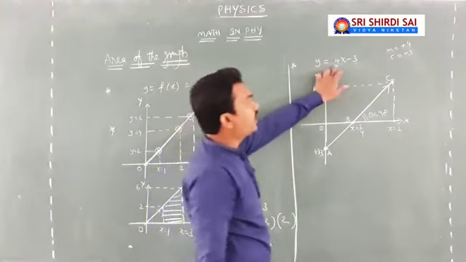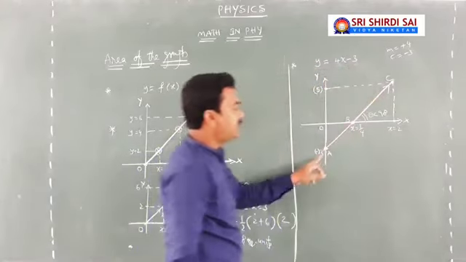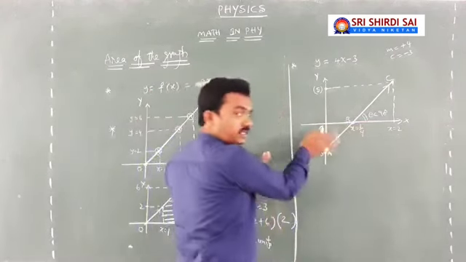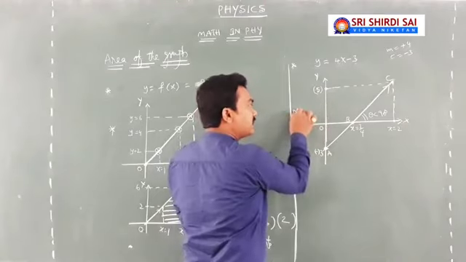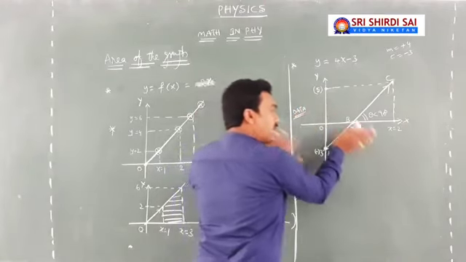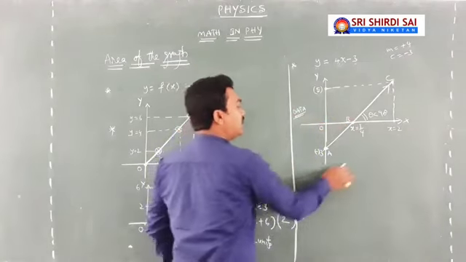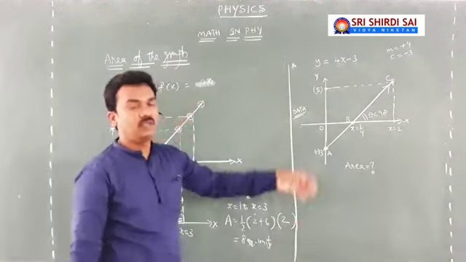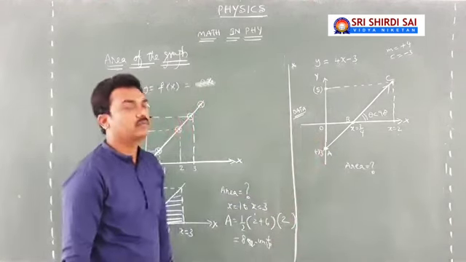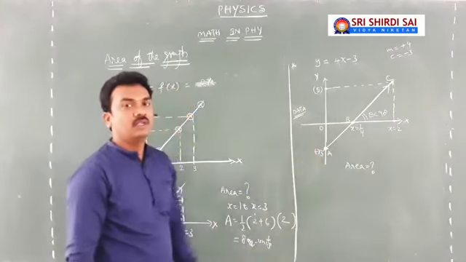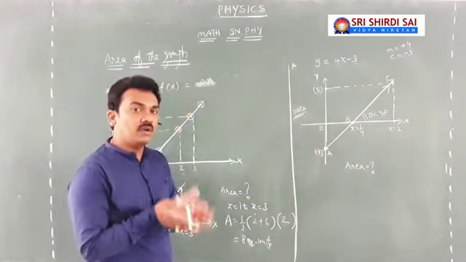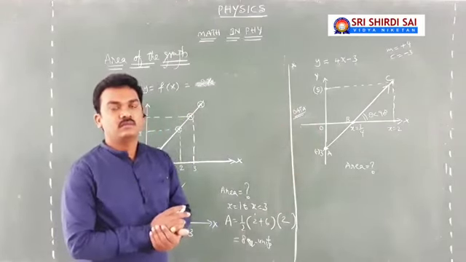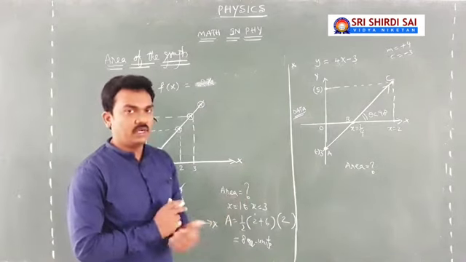So y equal to 4x minus 3, whose graph is a straight line. Now there is a question for you. This particular graph is given like this. This is the data. In this particular graph, calculate the area covered by the graph will be your question. Note down this question because I will edit the solution here itself. You can't find the question later. This is the question: calculate the area covered by the graph in the figure. Hope you have written down the question.